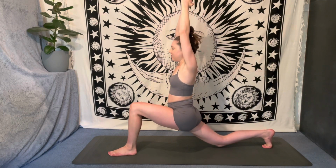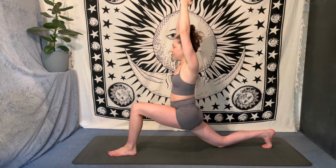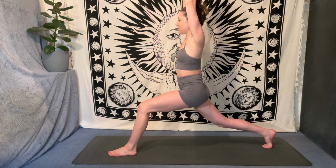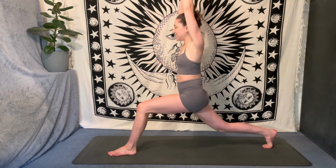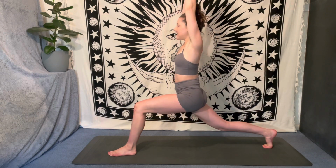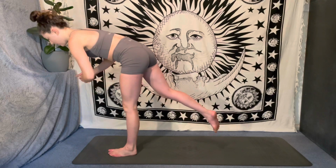Deliver that knee just to graze the mat, lift it back up. Tap it down, lift it up. 3 more. Tap, lift, tap, lift, tap, lift, and then get really heavy in that left foot. Make your way into a warrior 3,